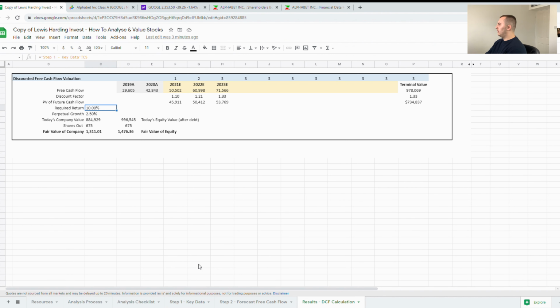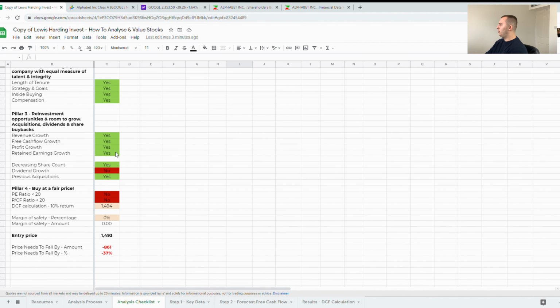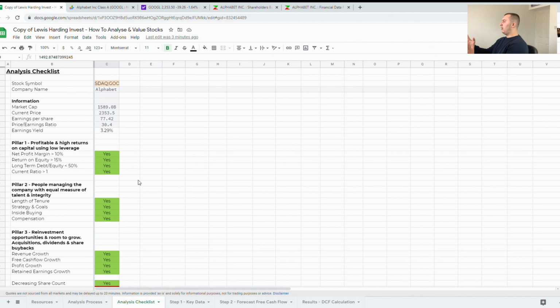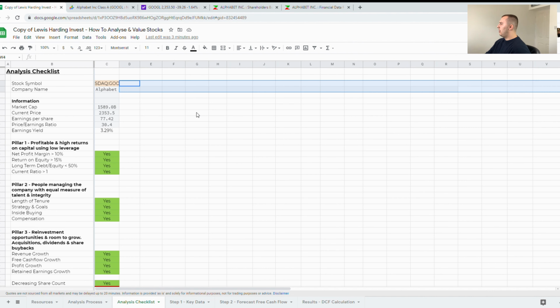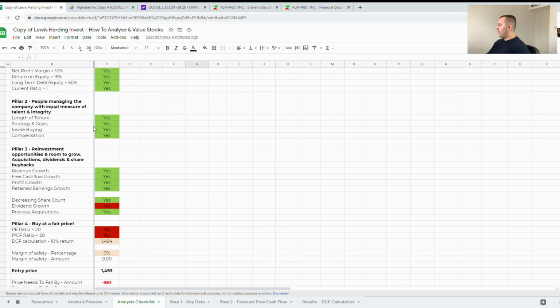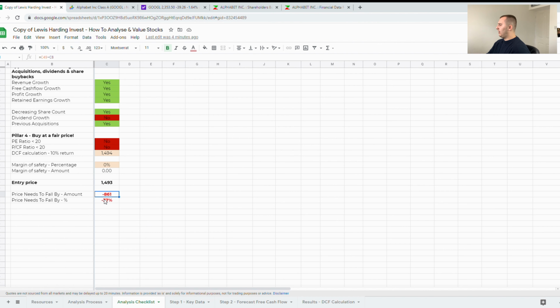And then, going to the analysis checklist, what I would do is I would put what price, so I would do this for multiple companies, of course, and I would record it on this spreadsheet. Essentially what you can do is you can just have a massive list of them, or you can have this separate spreadsheet for all different companies. You can make copies and just have a folder of whatever you want to do. And what you can do is, once you've done your how to analyze stocks part, then you can put how to value the stock in, and then you can work out how much it needs to fall before you buy it. Or alternatively, if it's at your price, you just go ahead and buy it. Pretty simple.